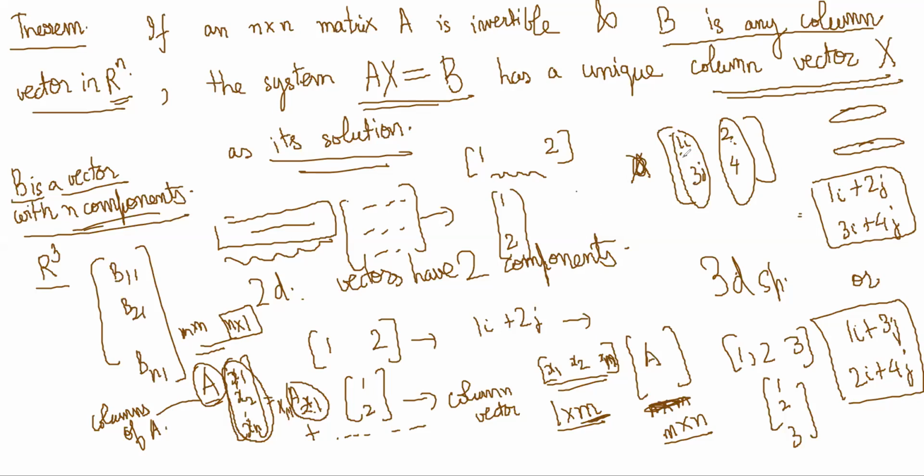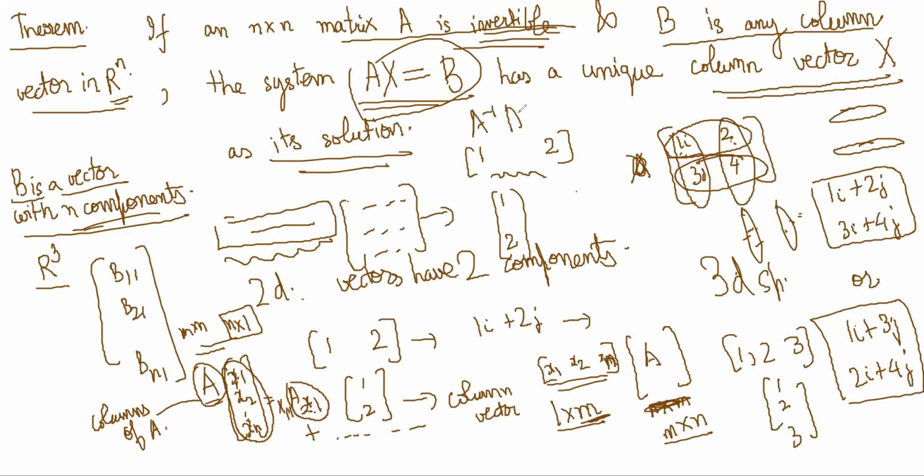So you could make a matrix using these vectors, or you could make a matrix using these vectors, but both formulations will not be mixed. In one question, you will not use the same in two ways. So that is a choice that you have. This theorem is very obvious, because if the matrix has an inverse, then you can do the pre-multiplication with it, which we have already seen. So this becomes I, and X becomes A inverse B.